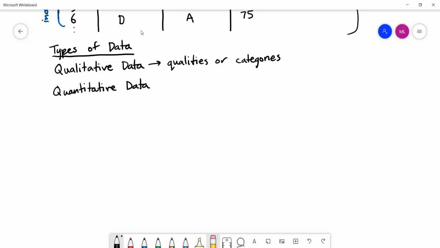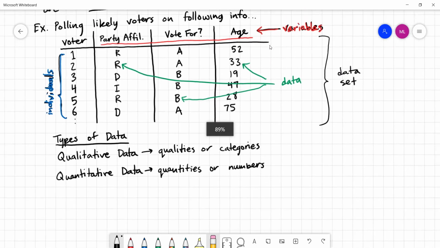And quantitative data, the root word there is quantity. So we're talking about numbers. So the easiest way to distinguish between them is basically quantitative data is numbers, qualitative data is everything else. So for example, if we look up at the example that we just did,